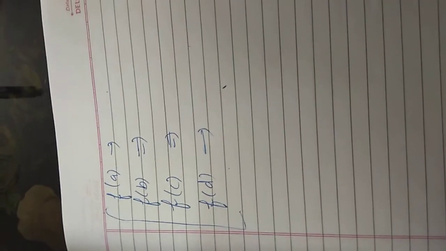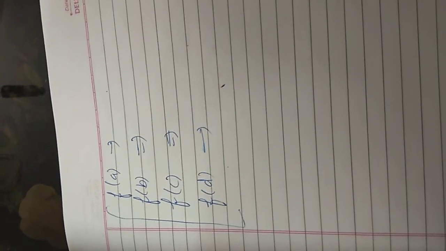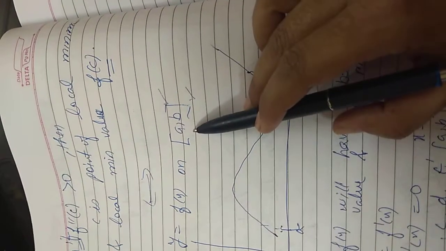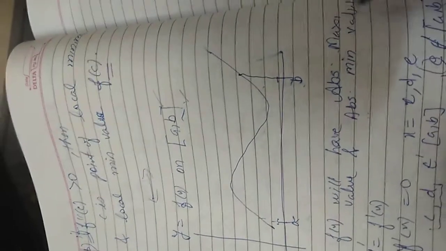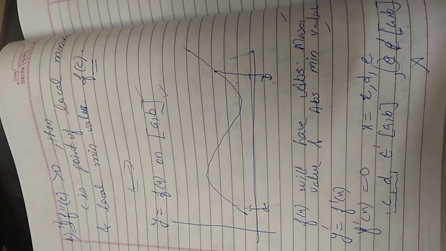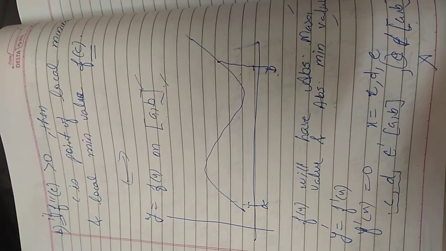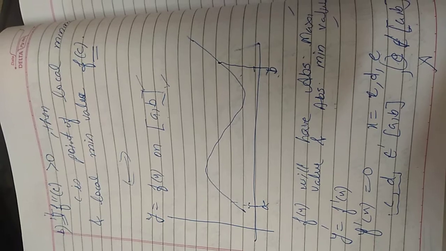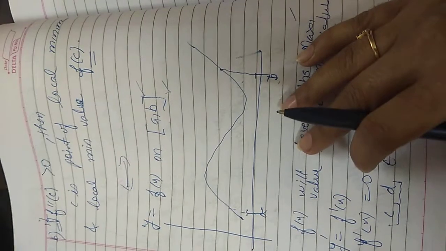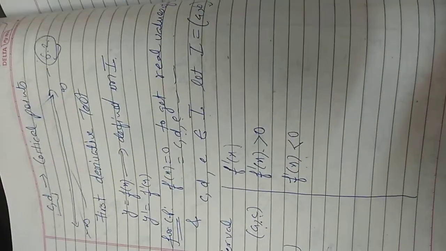And for sure you will always get one maximum value and one minimum value whenever the interval is given closed. So it is not necessary that they will mention find the absolute maxima, absolute minima. Simply we have to check if the interval is given closed, that means we are supposed to find absolute maxima and absolute minima. And if the interval is open, that means we are finding the local maxima and local minima, right? So we have to take care of these things. So this is all about the method right now, how we will be finding.